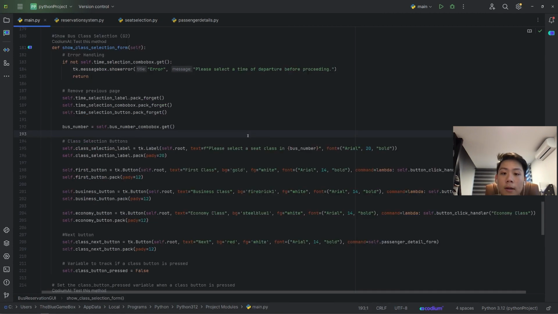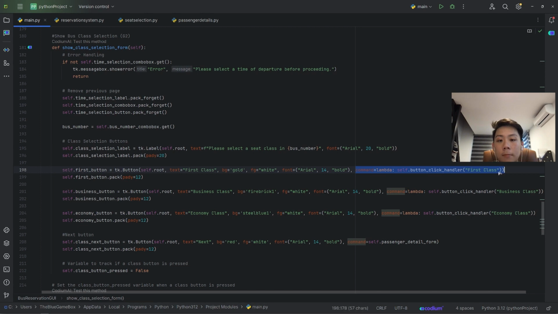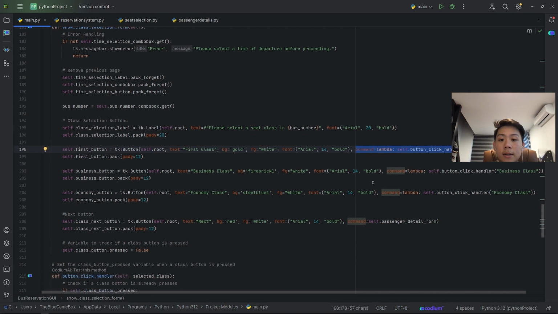Now, let's go back into the main module for the GUI codes. Under the show class selection form function, the selected bus appears in your GUI screen. The class selection buttons code creates 3 buttons for selecting the class: first class, business class, and economy class. Each button is created using the Tk button class and has a specific command. The command is a lambda function that calls the button click handler method with the corresponding seat class as an